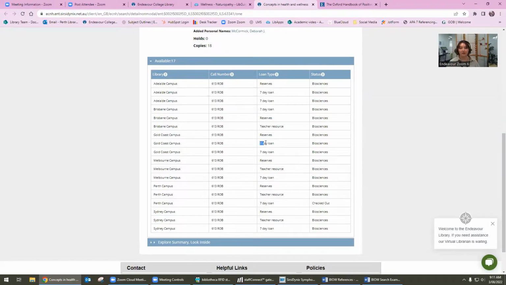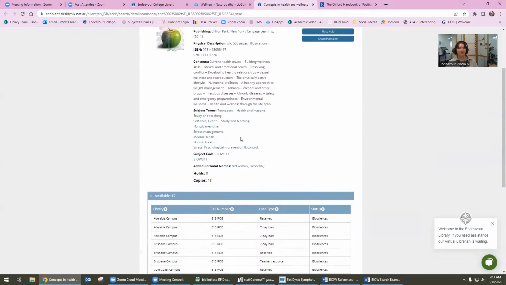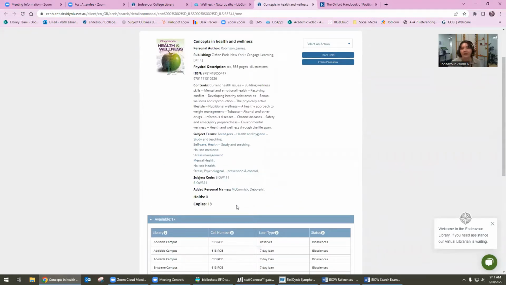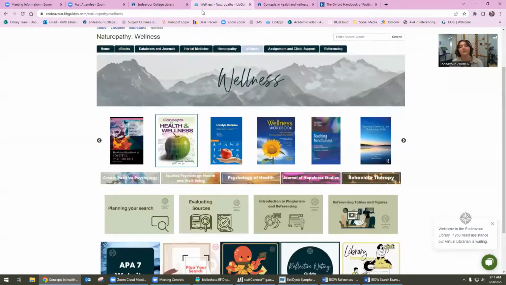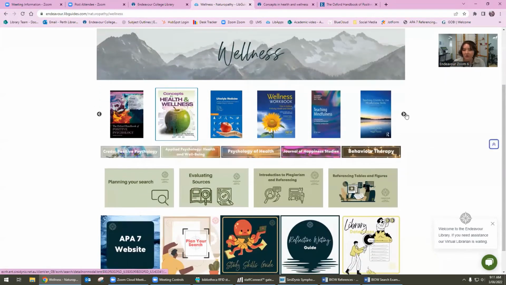So we're looking for the 7-day loan copies. For example, there's a couple in Gold Coast, et cetera, et cetera. So if you're looking for a print version of that, that's how you navigate to those pages. And again, so if you